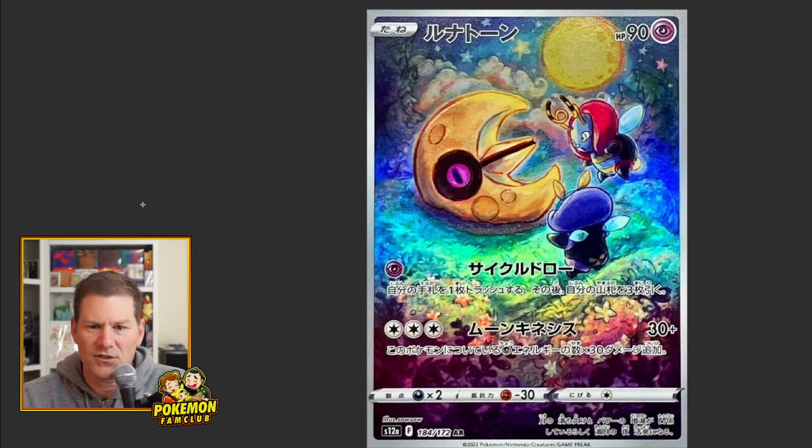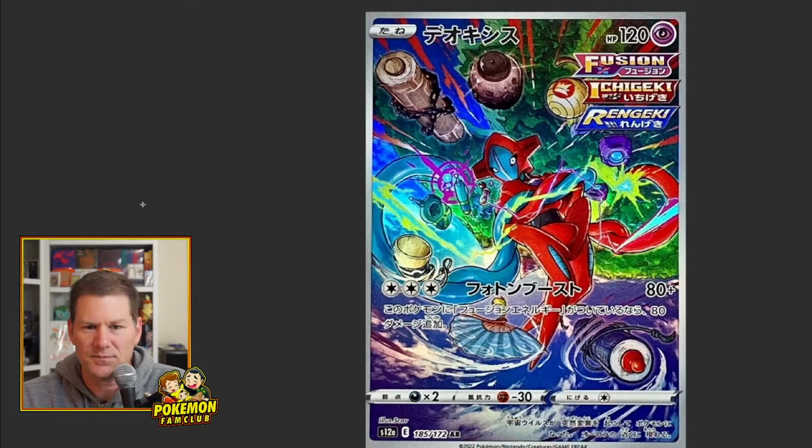Next up, we got this Lunatone. This was the best picture of an actual card I can find. The colors in this one are just going to be awesome, and the art that the guy did, Sao, is just insanely awesome. We got a Deoxys here. Again, this was the best picture I could find. This is a cool-looking card, and I really hope to get all the cards, at least up to here, in